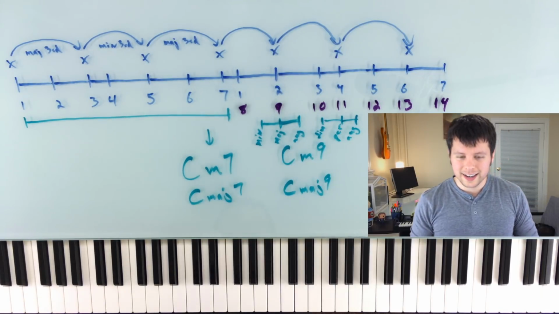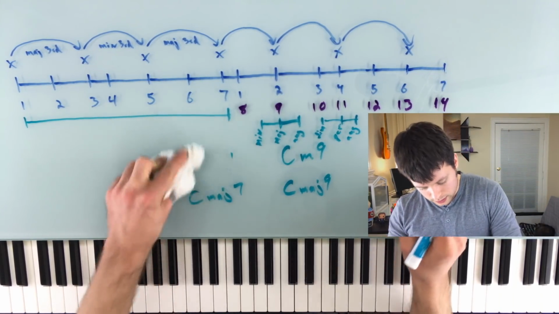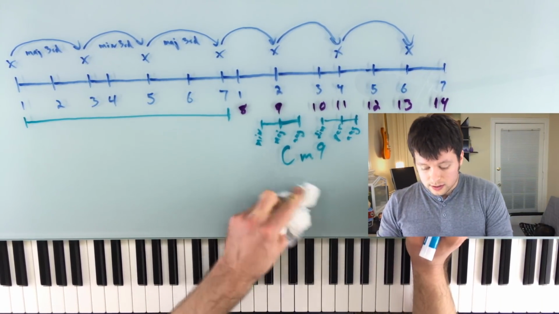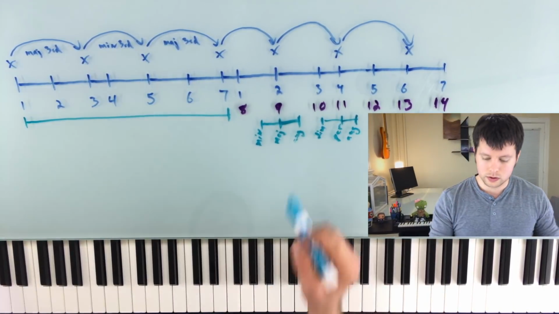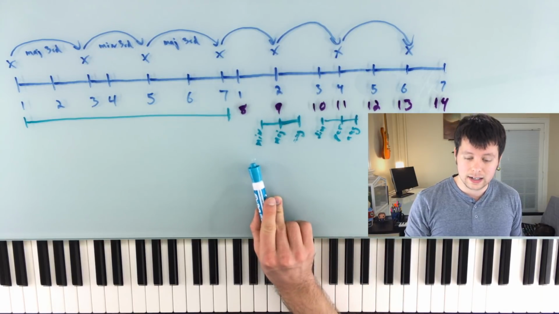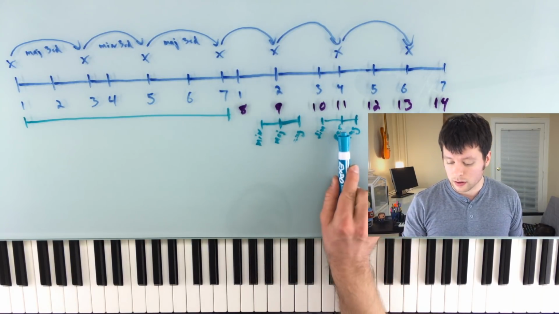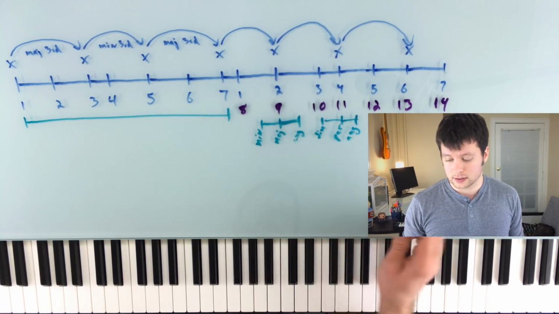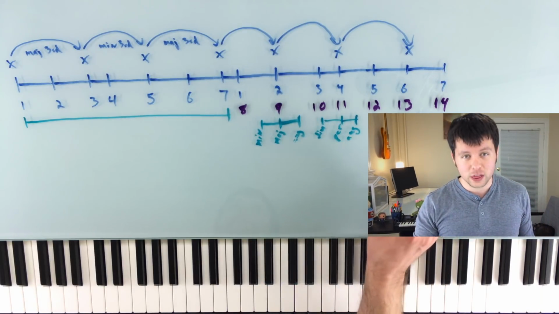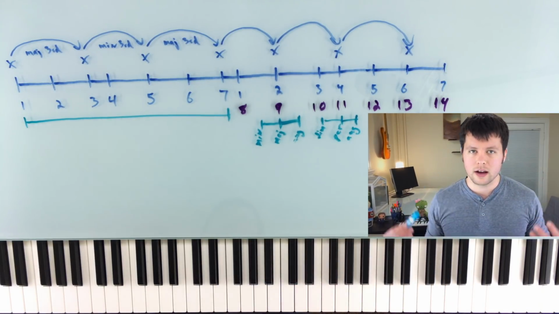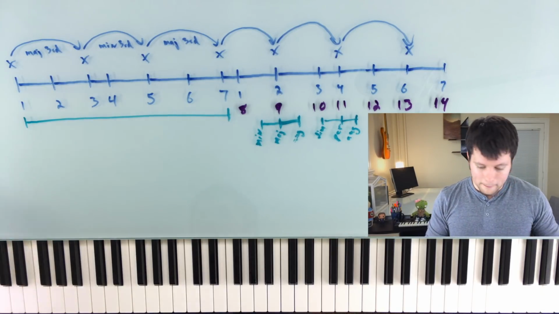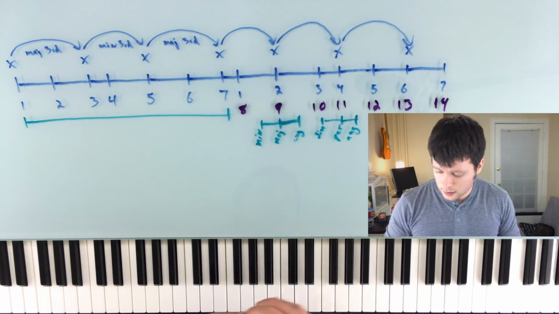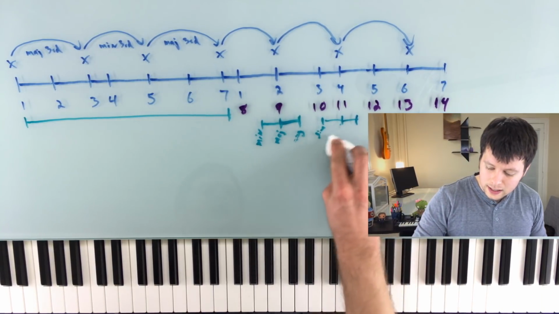But honestly, none of that really matters, because when you're referring to these extensions, you almost always just call this a ninth, you call this a flat 9, sharp 9, this would be an 11th, flat 11, sharp 11, flat 13, sharp 13. You almost never bother with major ninth, minor ninth, that kind of thing. And the important thing to keep in mind is that